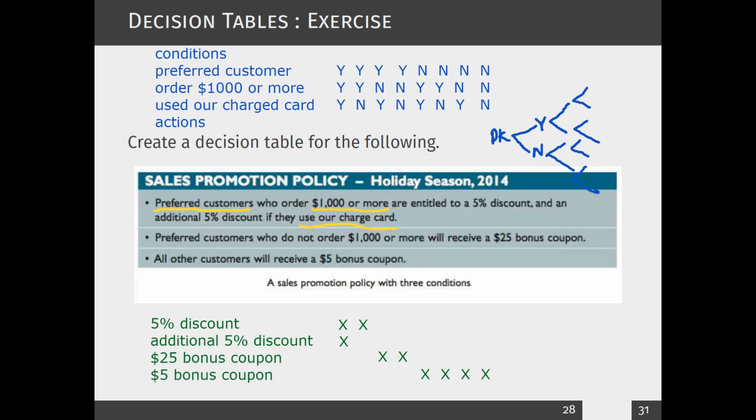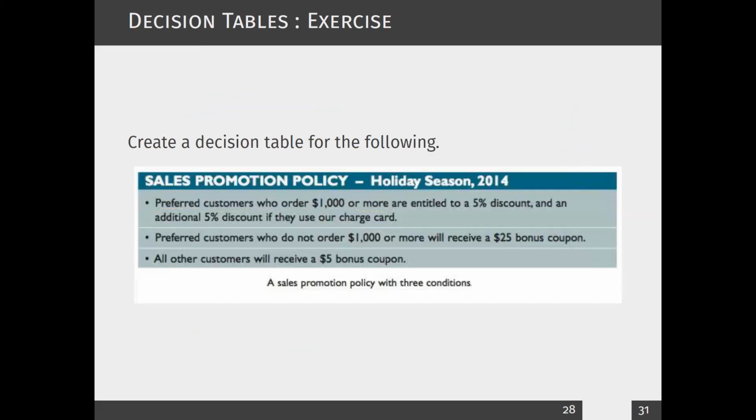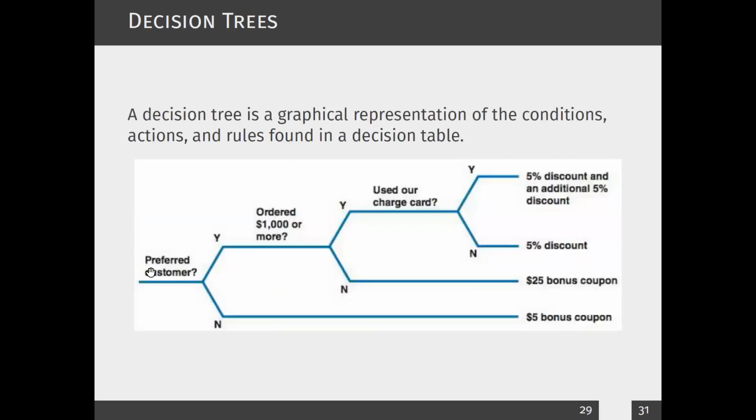Okay. So let me show you how we can do this. Right, let me clear everything. We'll move to the next one. For the same problem, here is how the decision tree looks like. So first you ask whether you are a preferred customer, right? So that's the first part, right? So you put this line, you will ask, it's yes and no,